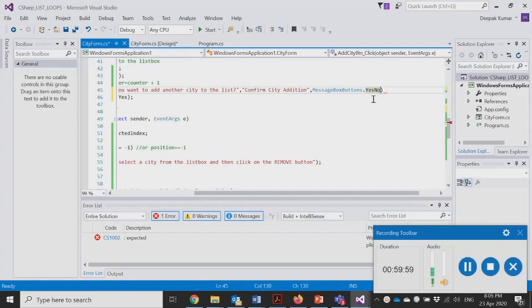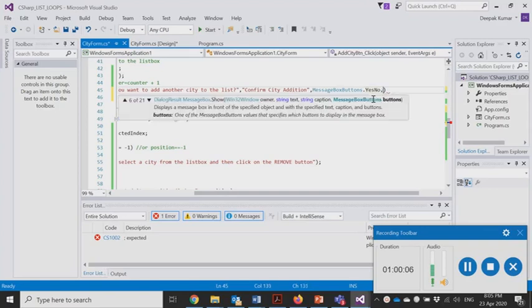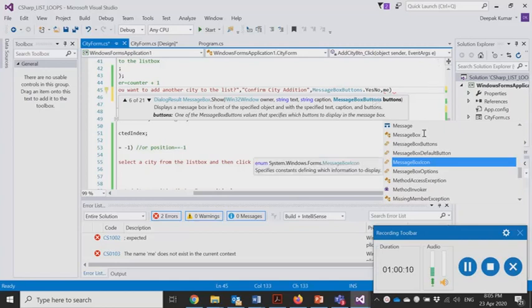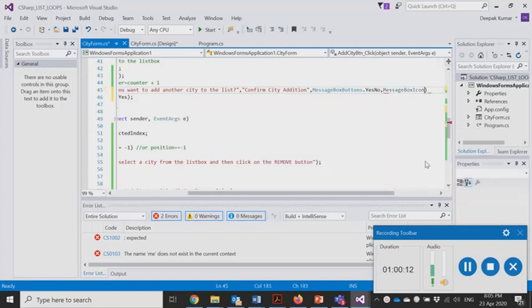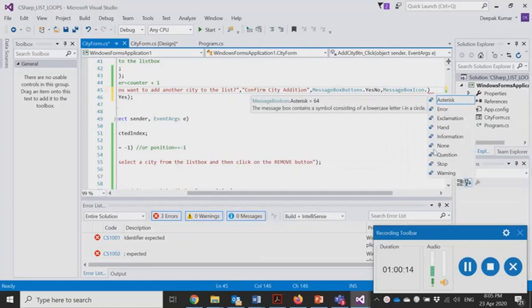As I said, if you would have chosen yes, no, cancel, you would have three buttons. One was yes, one was no, and the other one would have been a cancel button. And now here you can put a message box icon. The message box icon can be any of the icons from the list, depending on what kind of message box this is. If you are giving information, you can have an information icon, or you can have an exclamation icon.